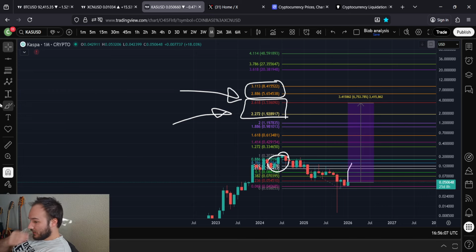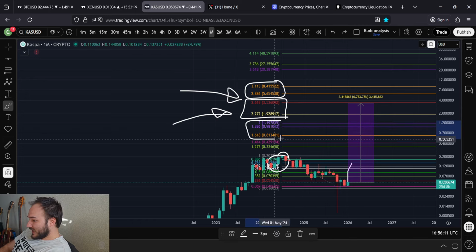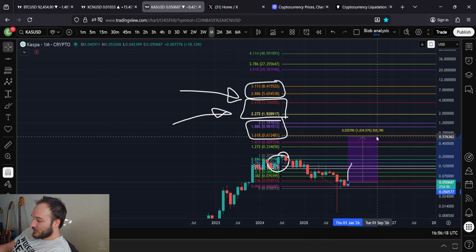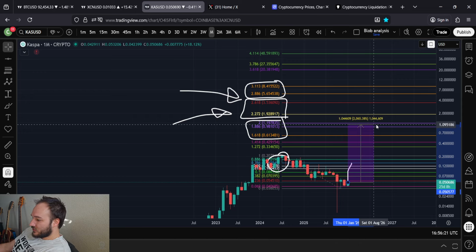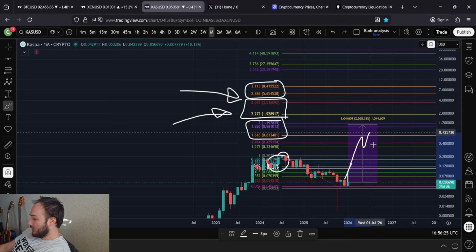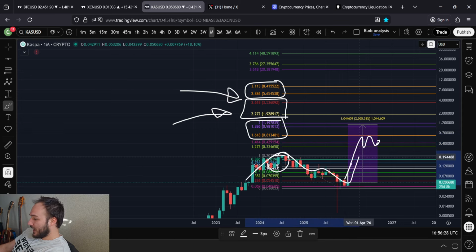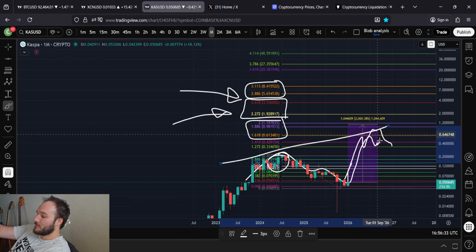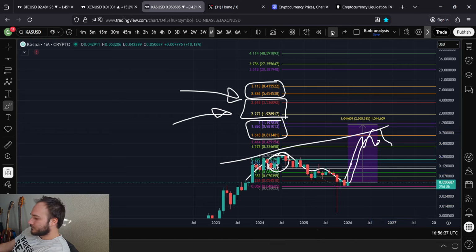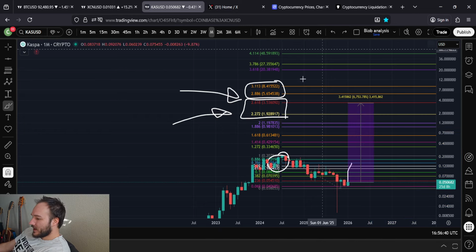The least likely probability, in my opinion, would be that Kaspa only stops at 61 cents to $1.98, the 1618 to the 200 level. I don't see this happening, but it is a possibility. If Kaspa's a dud, if there is institutional offloading happening here, this is just a giant distributive phase, maybe we stop even lower. Maybe we get a slightly higher high that gives us monthly bearish divergence, and then that sends Kaspa to the depths forever, maybe. But I don't see that happening. I think this project's here to stay.